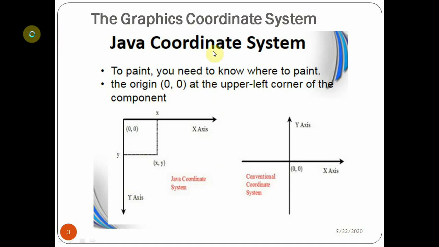Okay, so these are the different methods that come under the Graphics class, and this is our Java coordinate system. Basically there are two types of coordinate system. So this is our conventional coordinate system or Cartesian coordinate system. The center point will be considered as the origin. This is the x-axis, y-axis, and negative y-axis and negative x-axis. But in the case of a computer, the top left corner will be considered as the origin point, and depending upon the screen size, the endpoint will vary. So that is the Java coordinate system.